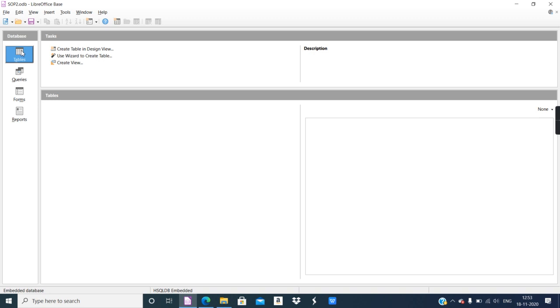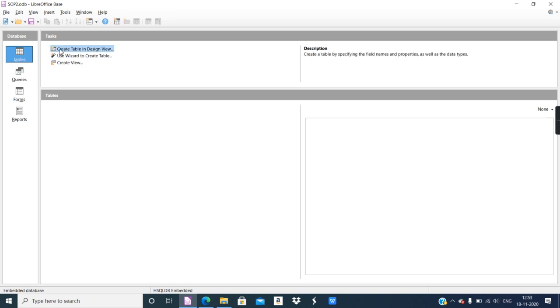If you create a table over here, the name of the table will be shown in this table section. Similarly, if you create a query, the name of the query will be shown in this queries section. I hope that is clear to you.